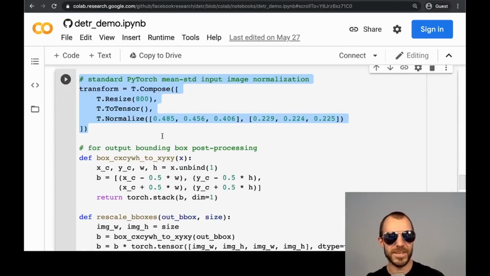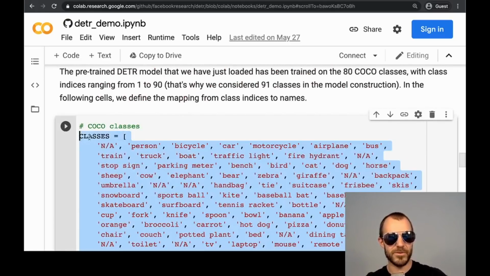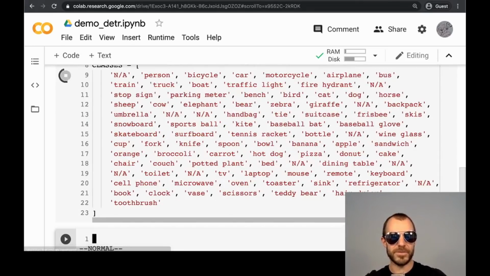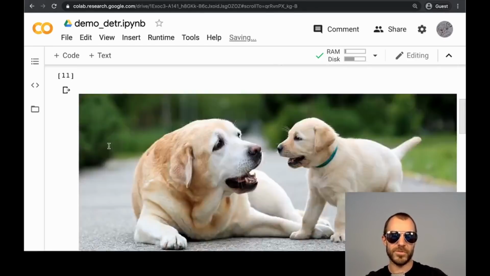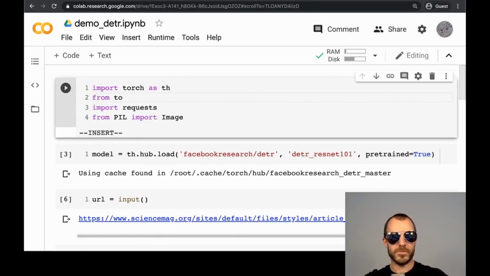What we also need are the class labels, because that's defined in the COCO dataset, right? So these are the class labels. Let's take those, and okay. So this T here, these are torchvision transforms. We're gonna need that. So from, let's say,